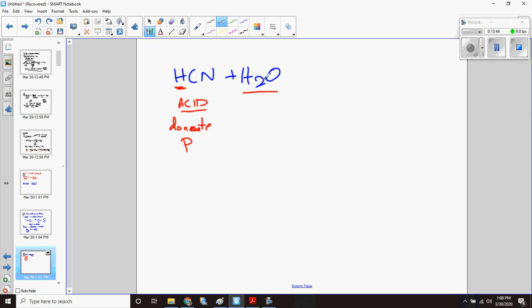Okay, so this is where it gets a little bit strange. The acid is going to donate a proton to this. So if this is the case, then water in this particular reaction has to act as my base. Okay, so if water is going to act like a base, it is going to accept a proton, all right? So a proton is basically going to go from here to here. So what's going to happen? Well, when the acid donates a proton, what's left is just going to be CN minus, plus water with an additional proton,